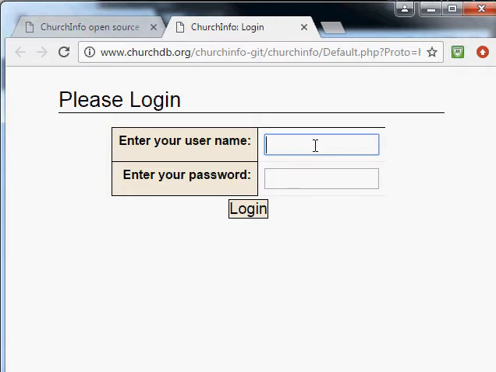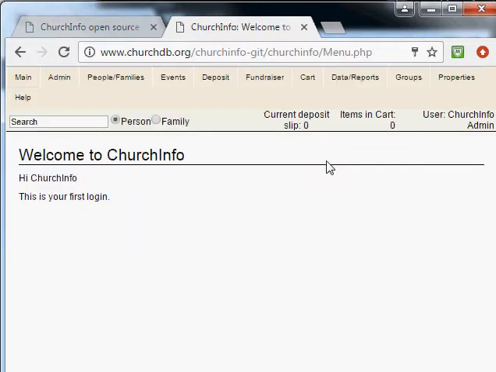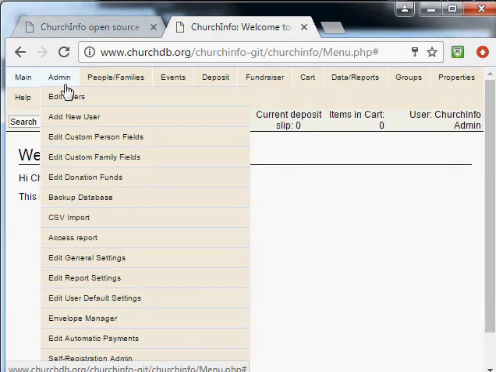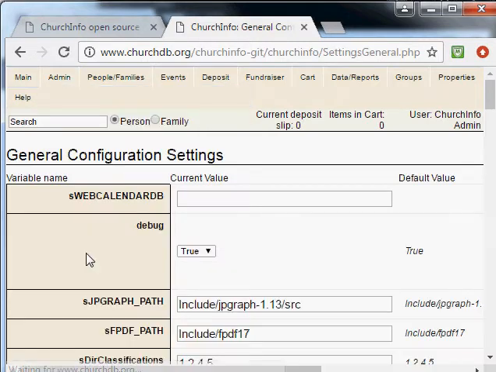The default login is admin. Password is demoadmin, DEMOADMIN. So this installation, this is built fresh every night. So normally if you come here, you'll see basically just a blank installation unless somebody got there first and started playing with it. What I'm going to do first is I'm going to go to admin, edit general settings, and